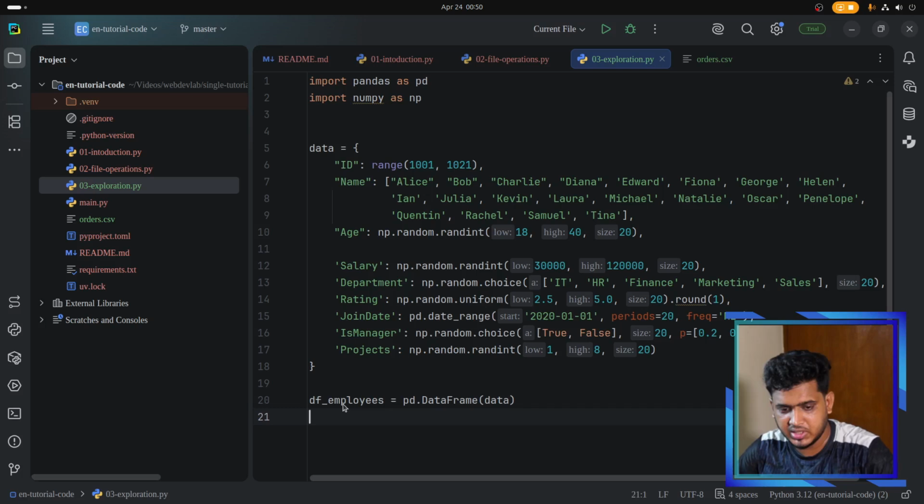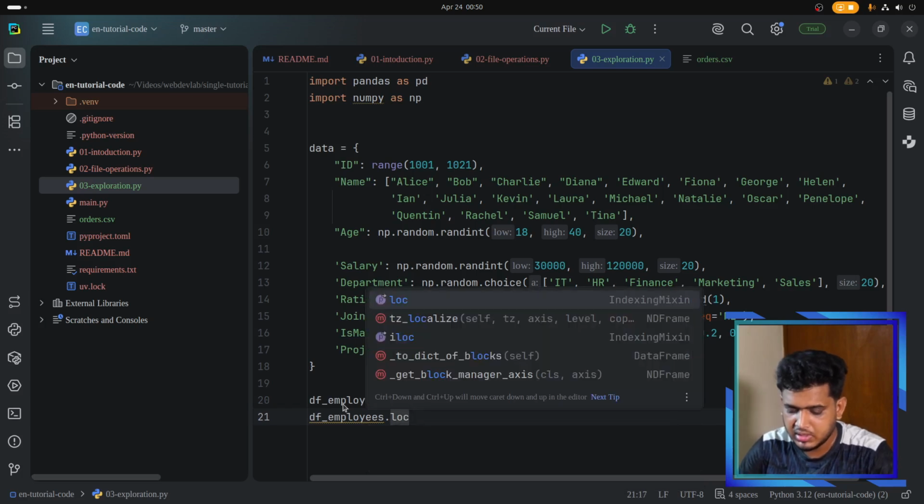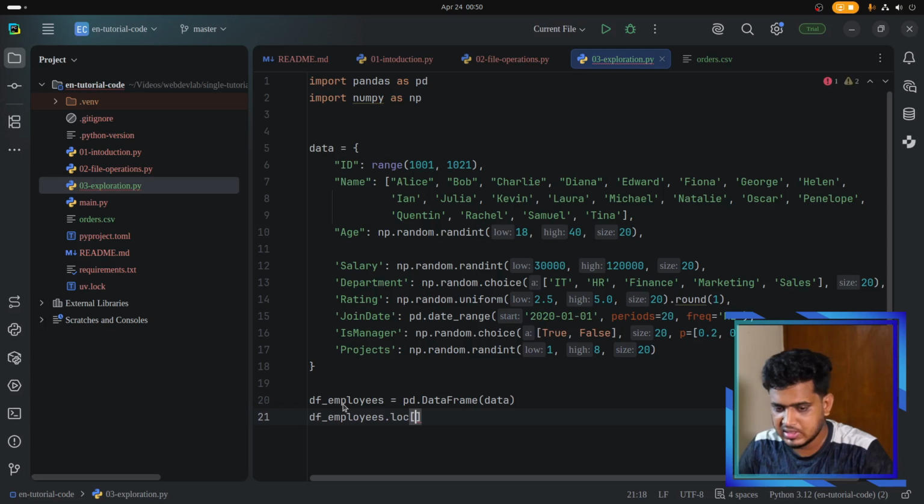Let me just copy this and paste it below here. Here I'm going to use this method loc. With this we need to do it like this: in the square brackets we need to specify the index number, which is going to be 2. In index 2,